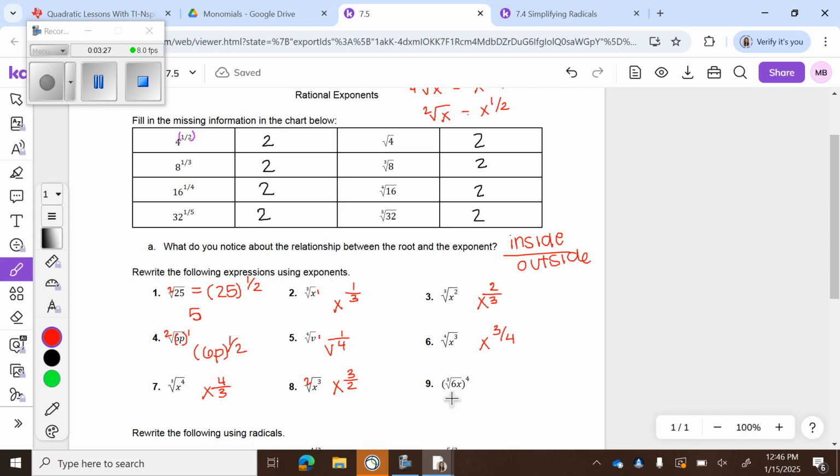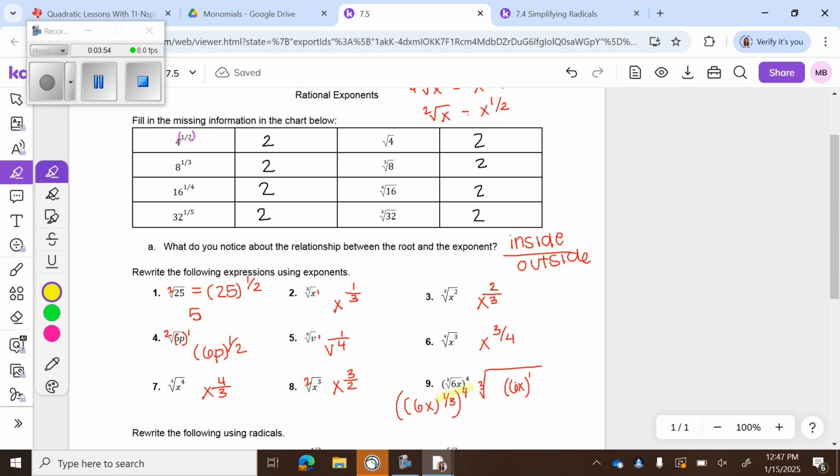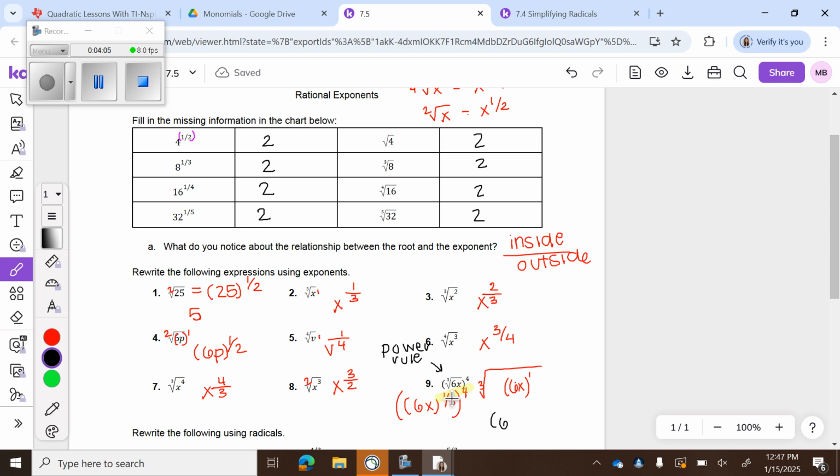All right, and this one you've got to be careful how it's written. This whole thing is to the 4th out here. So I know that this right now is really like a 6x to the 1st, the 3rd root of that. So let's go ahead and rewrite that as parentheses 6x to the 1/3. But now it wants the whole thing to the 4th. Y'all, this is the power rule. And when we do the power rule, you multiply. So you can put that in your calculator, 4 times 1/3, and you're going to end up with parentheses 6x to the